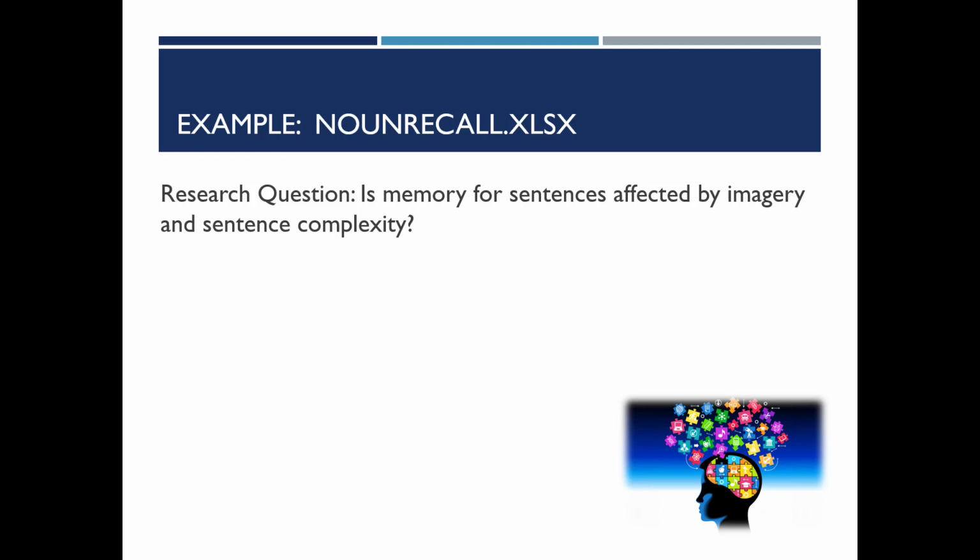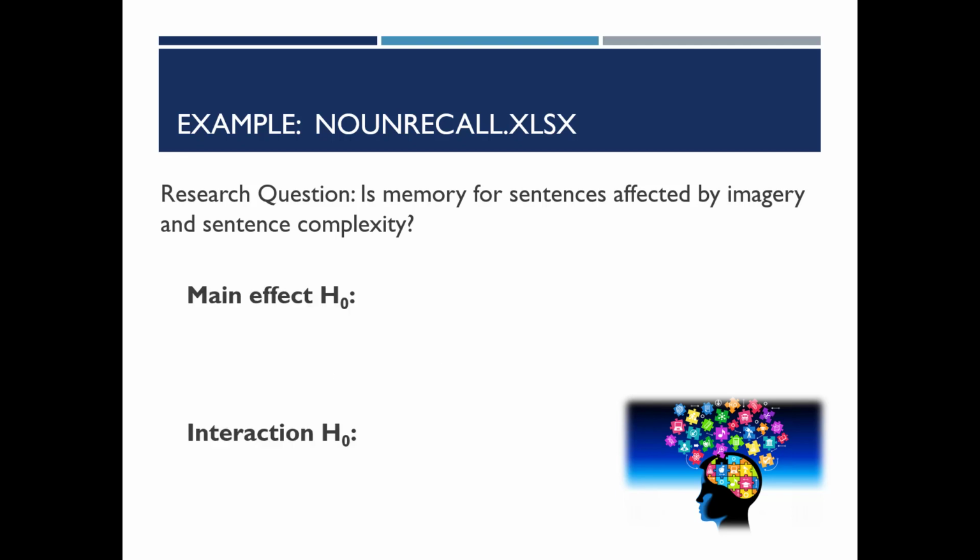And so when you look at this research question, what do you think might be the DV? So dependent variable would be the memory. So out of 30 sentences, how many of those subject nouns could the participant recall? And what are the independent variables? You might have said there are 2, the imagery and complexity. Great. So now let's take a look at the hypotheses.